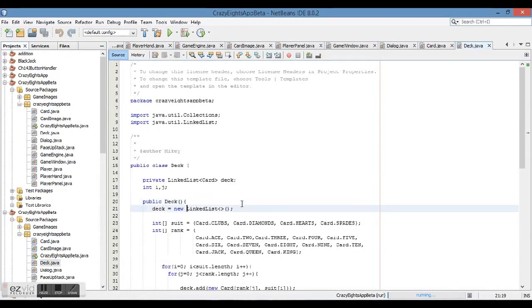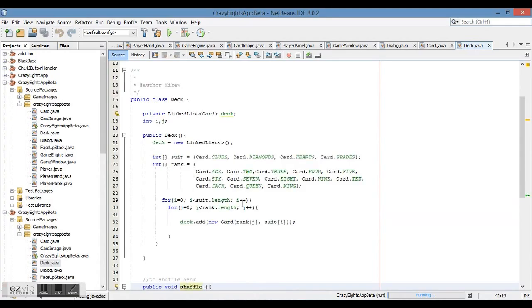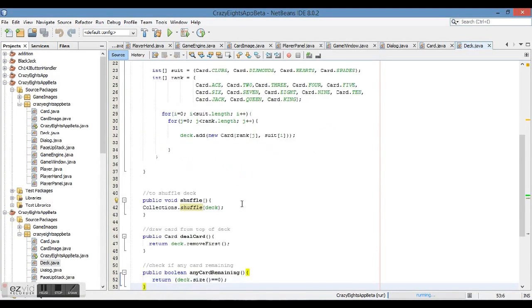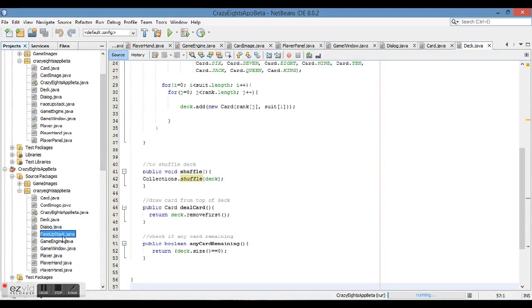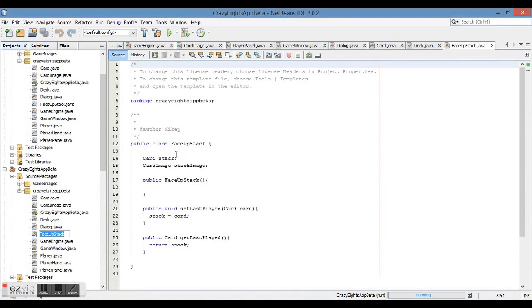We have a linked list of cards that we created using those values in the card class. So we have the void shuffle, deal card, and any card remaining, the main functions for that. Face up stack, this will only use a card and a card image,